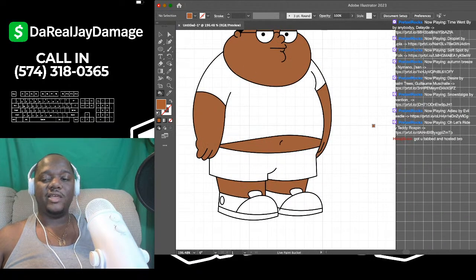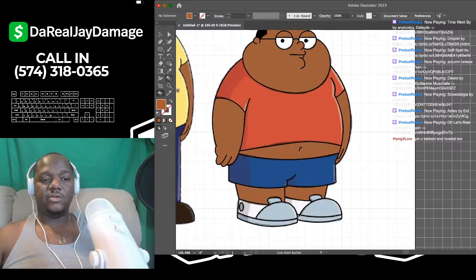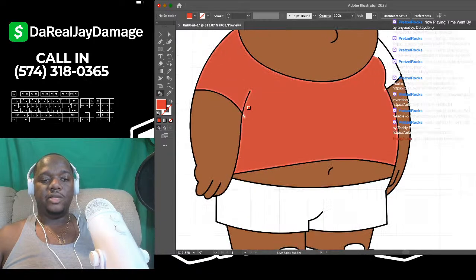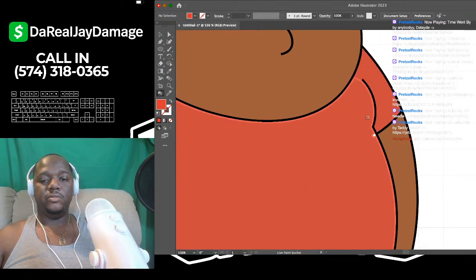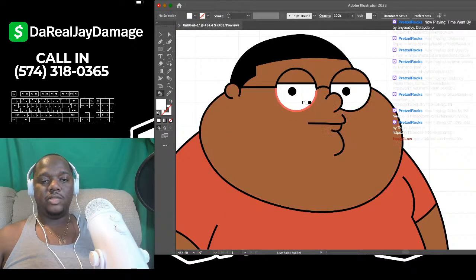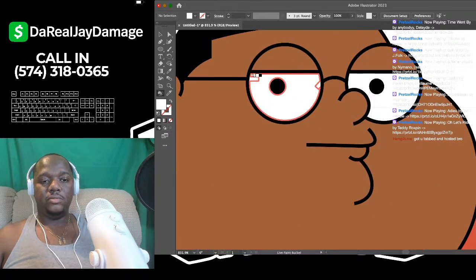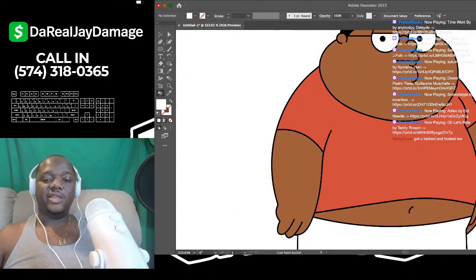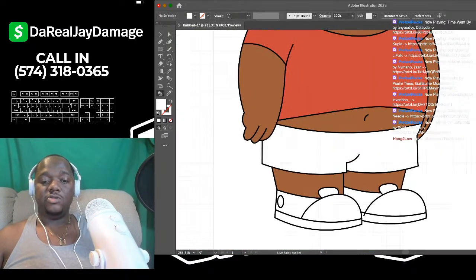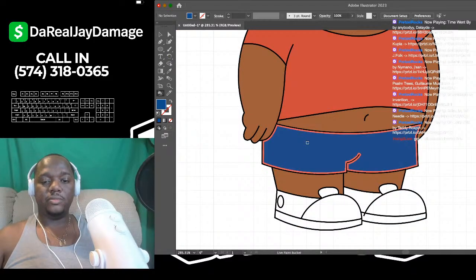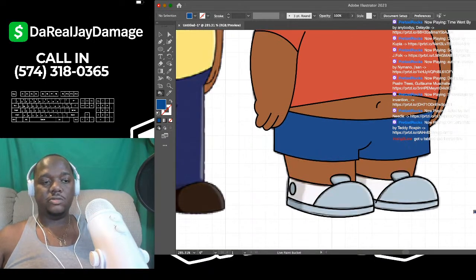Okay, so now we have his body colored in. What's next? Let's get the red shirt. Boom. Eyedropper, click on the red shirt. Let's go ahead and paint that in. Boom, boom, boom. His eyes, I'm pretty sure, are just white. Paint that in. Boom, boom. The eyes are painted in. Now let's get his pants. Well, shorts. Some short shorts, by the way.